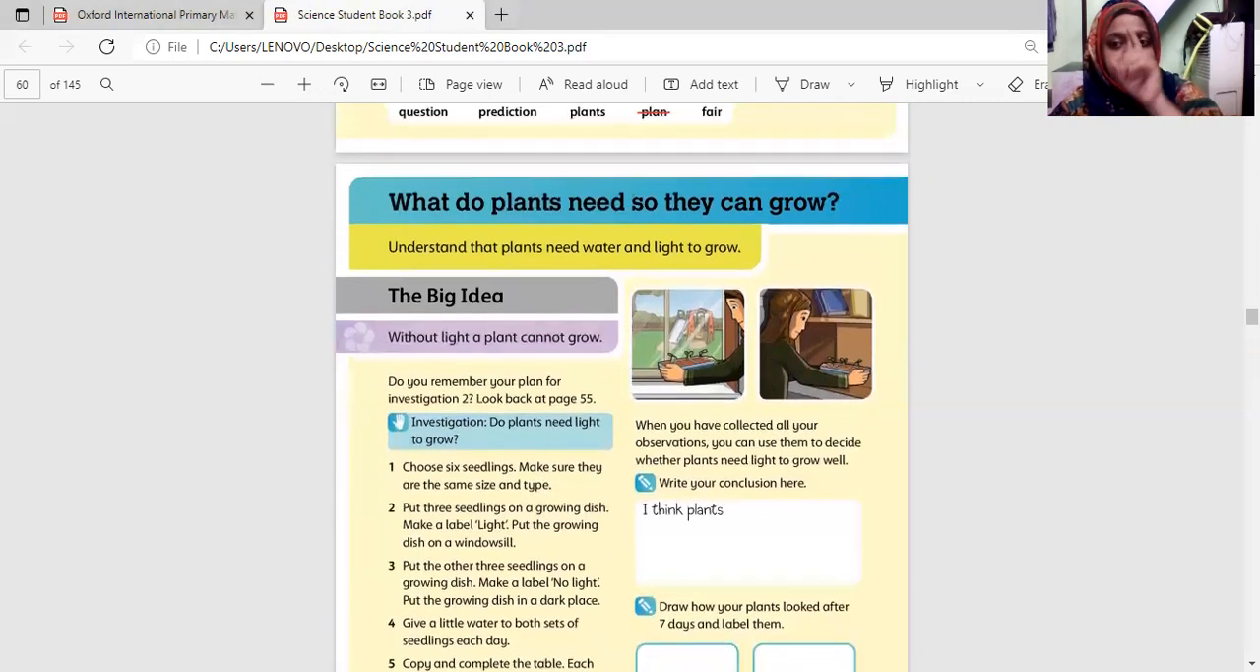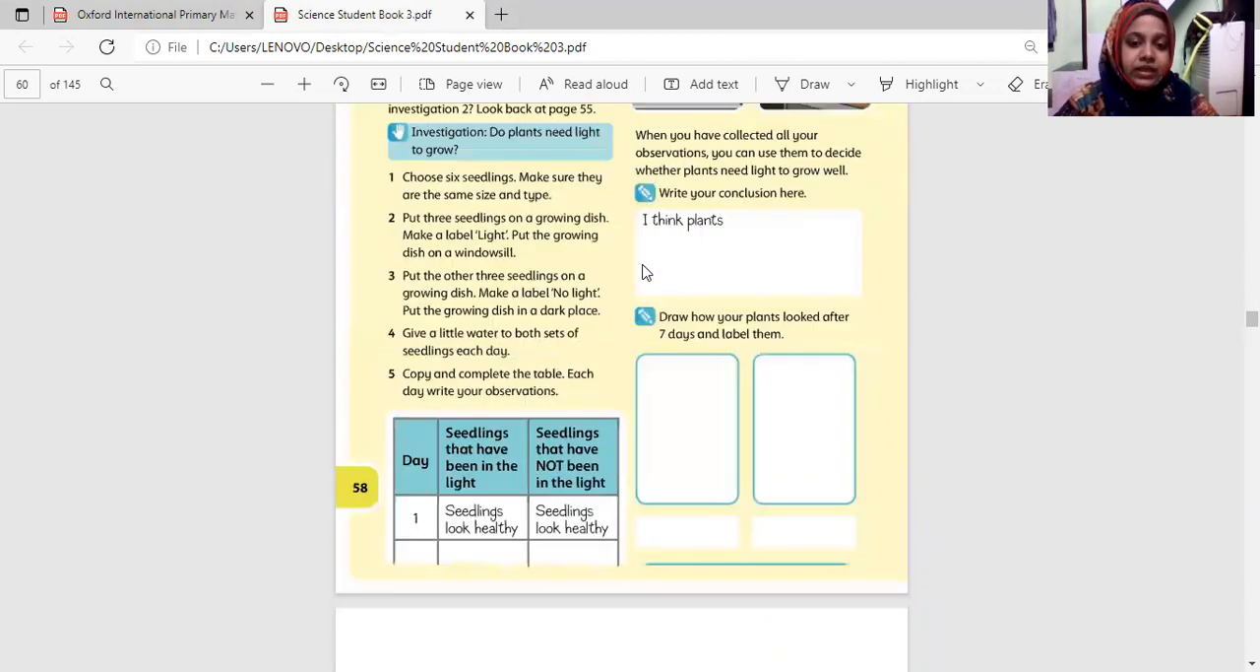So the topic over here, to just read it once again: what do plants need so that they can grow? It has a very simple answer. Plants require water and sunlight. Moving ahead,